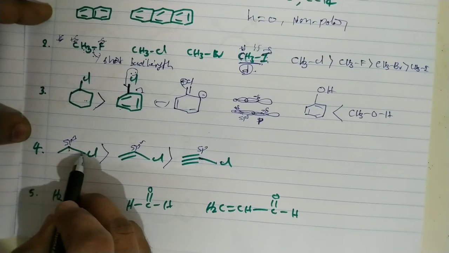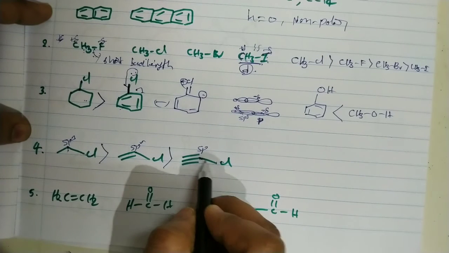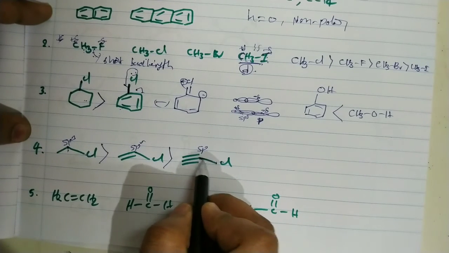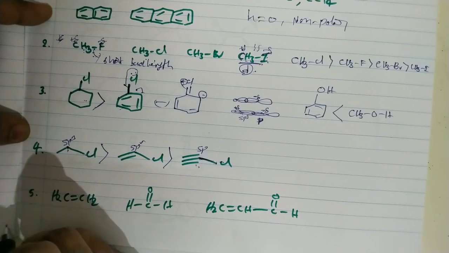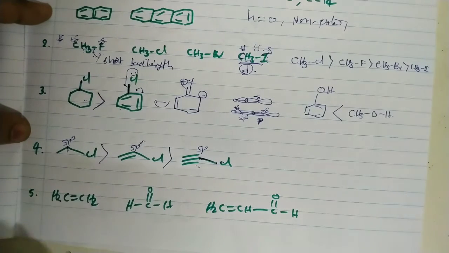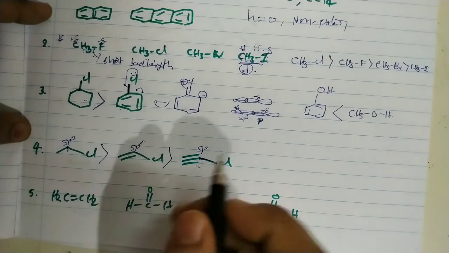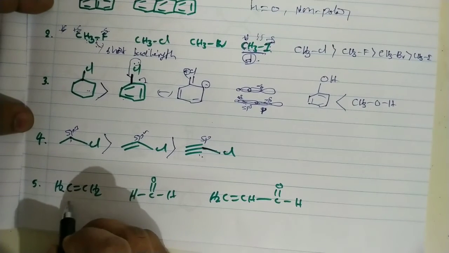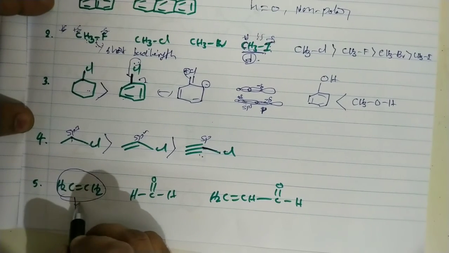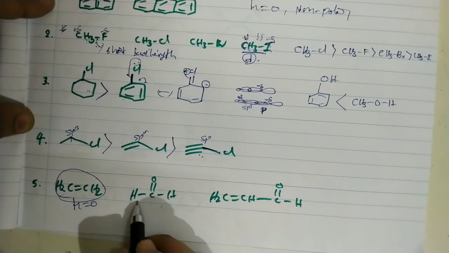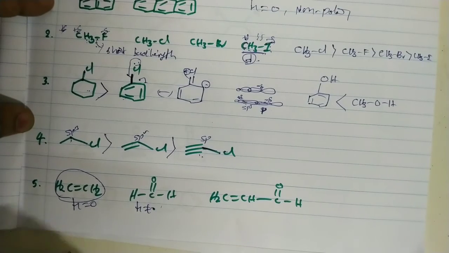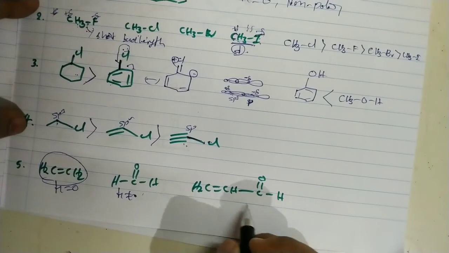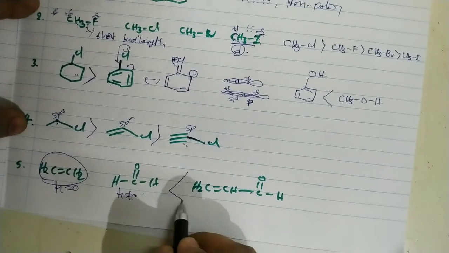And here the bond length is higher. In this case the sp carbon, this is the p carbon, has a very short bond. That's why the bond length decreases for this molecule, and of course the dipole moment decreases. So in this case, for the vinyl molecule, that means the ethyl molecule, the dipole moment equals 0. Here the dipole moment does not equal 0.